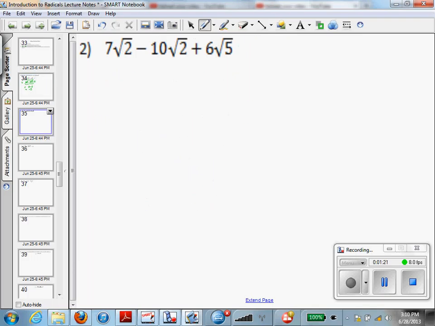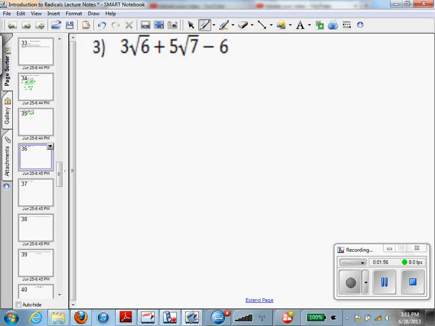Looking at number 2, we see that 7 square root of 2 minus 10 square root of 2 plus 6 square root of 5, these square roots of 2 share the same thing under the radical, so they can be brought together. The 7 minus 10 gives us minus 3 square root of 2. Let me just bring the 6 radical 5 down because it cannot be simplified or added because it does not